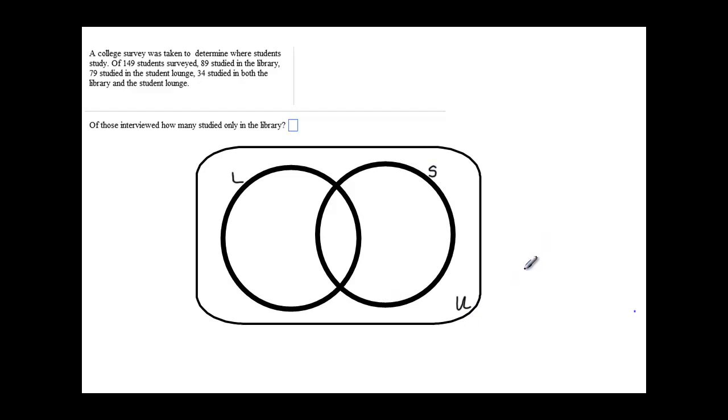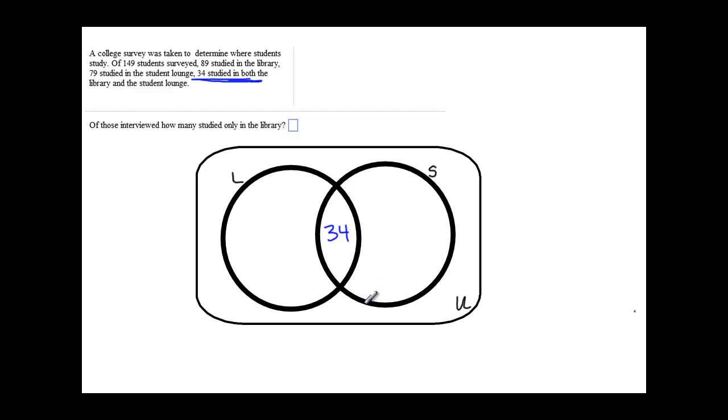And what we've learned from this section is that as we're writing our information in the Venn diagram, we want to start with the intersection of the two sets. So we can see from the problem that 34 studied in both the library and the student lounge. And so if I've represented one set here as being the students who studied in the library, this one is the ones who have studied in the student lounge, their intersection is going to be in this region, or the second region, when we've labeled them as 1, 2, 3, and 4. So we're going to write 34